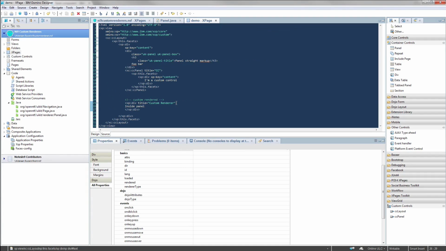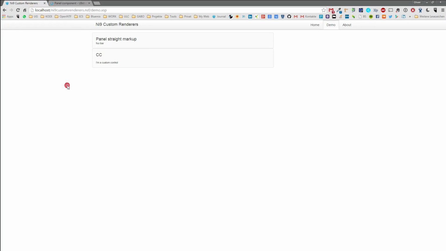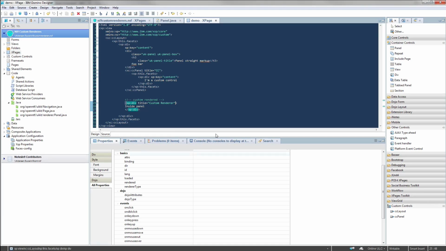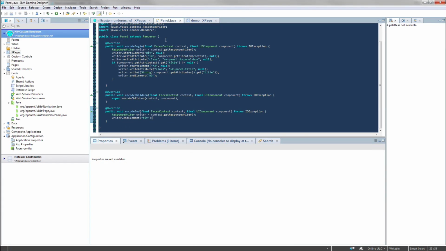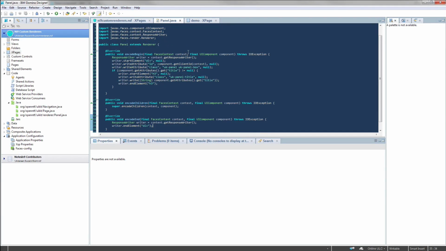So the key part to get this thing working: if I save this page and I just preview it, you won't see anything that looks like a UIkit panel. You just see the content here. It may be a title, but this browser does not support the title attribute. You have to define the custom renderer. So your renderer class is just the first step. The second one is to